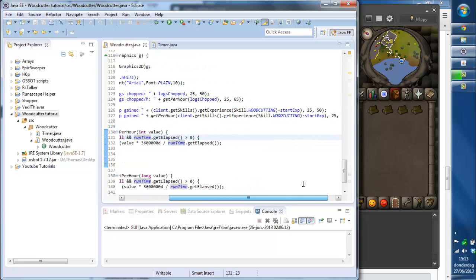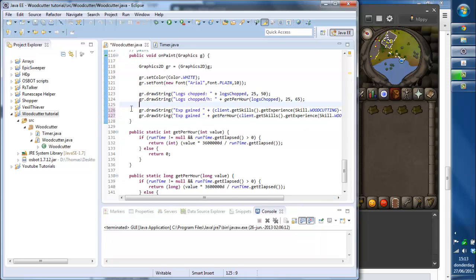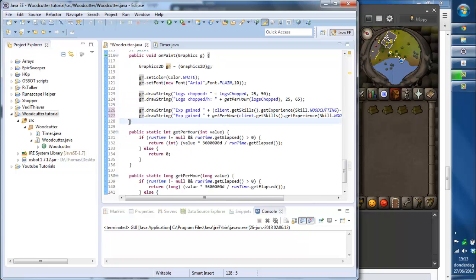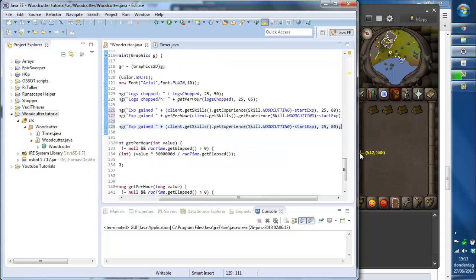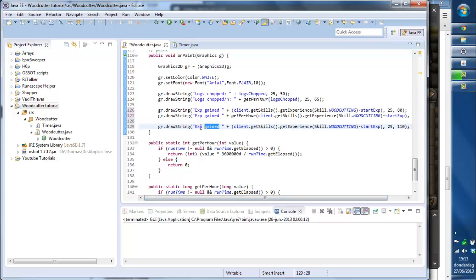Let's change the coordinates before I mess up again. We're going to change to 80, and another plus 15 is 95. So now we want to get the level, for example. I'm just going to copy paste it again, and copy it right there, and we're going to do it 110 plus 15. Now again, let's say woodcutting level. Let's say you want something like that,